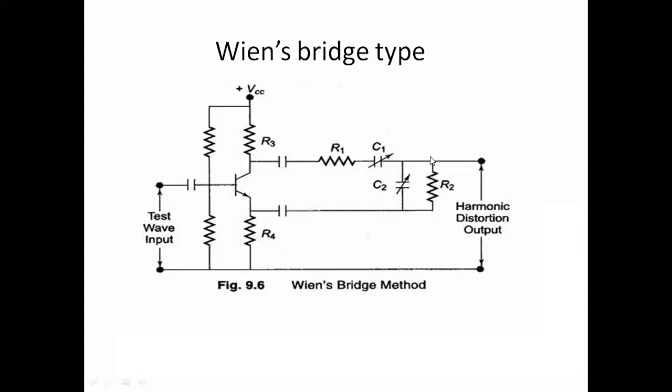With this bridge, the fundamental component will be dissipated in these values, and the remaining harmonic components are sent to the meter. The meter will give the RMS value of the total harmonic distortion components. And coming to the next method,